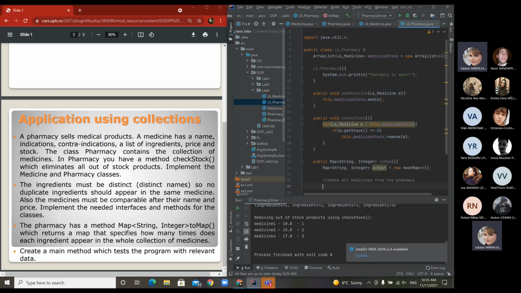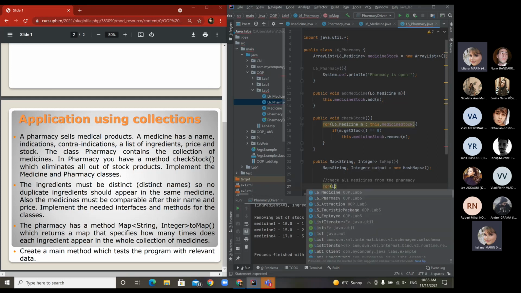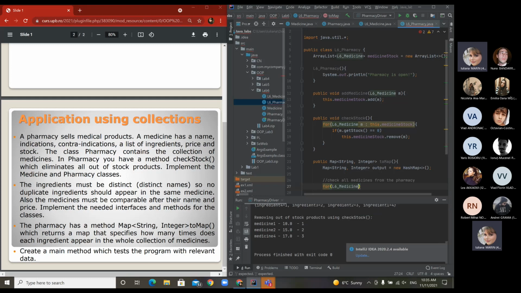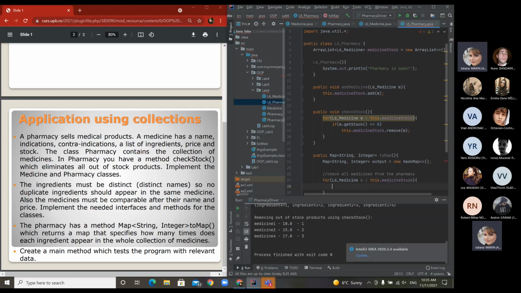Okay, meaning that I will have a for. Here I have a L6Medicine m from this medicineStock. Now, being inside it, I need to go through all the ingredients of your medicine. Okay, so you will have to parse all